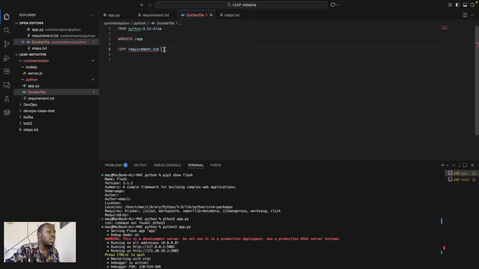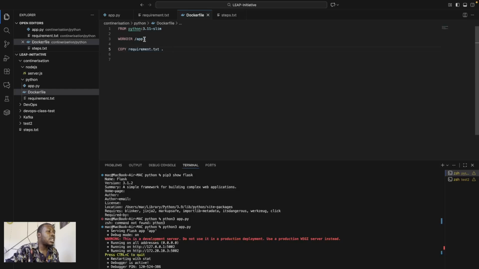So everything is now positioned inside this app folder. So we are going to tell it to copy this requirements.txt and put it into this app folder. Why do we use dot? Why do we use period? We use period because we are already inside the app folder.